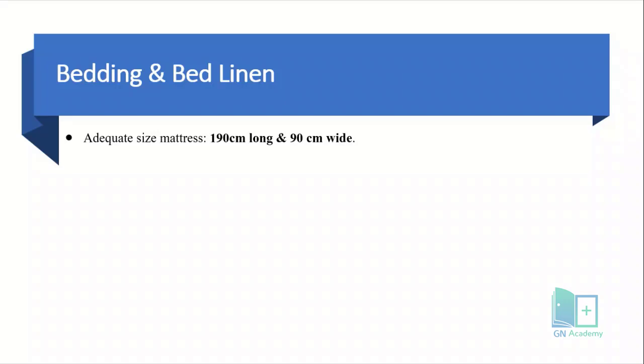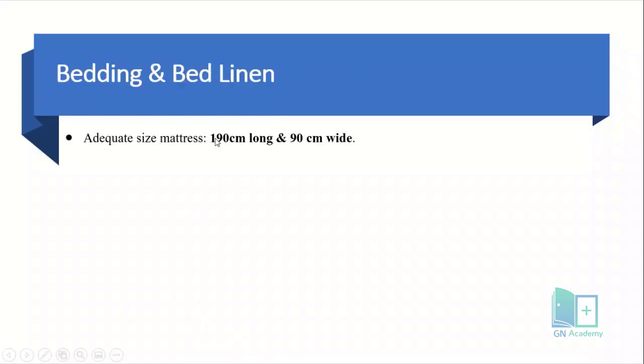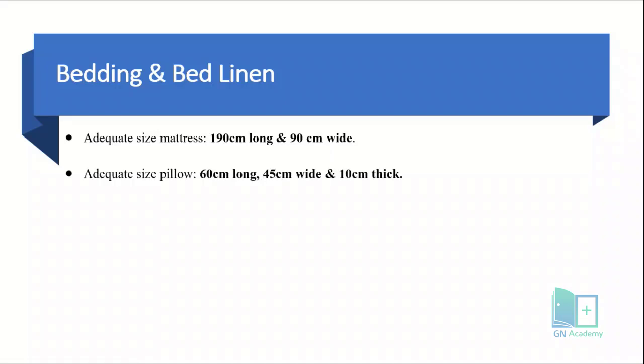The dimension of the bed is also similar to this. Here what I said, the dimension 198, right? Here just the mattress should be 190 centimeter long and 90 centimeter wide. Then coming to the size of the pillow is one of the factors. Adequate size of the pillow should be,